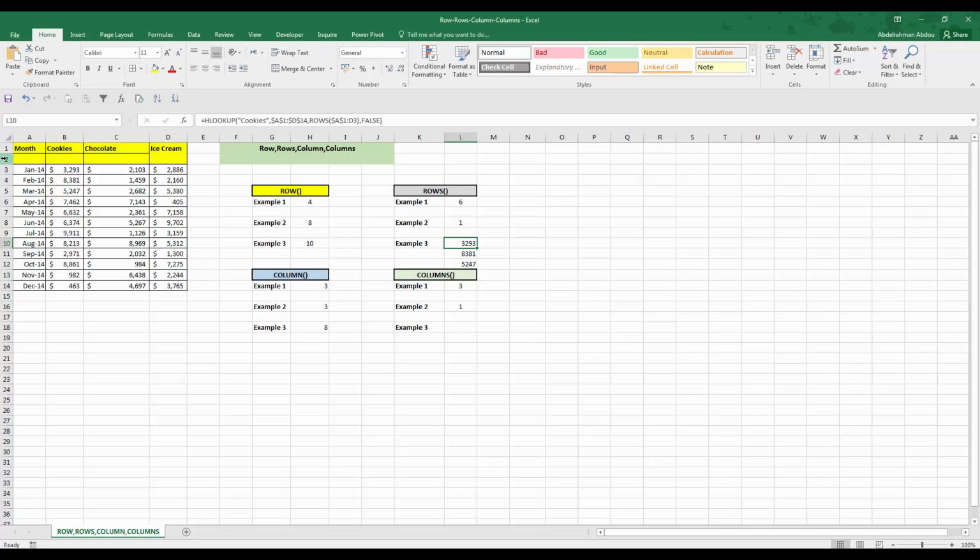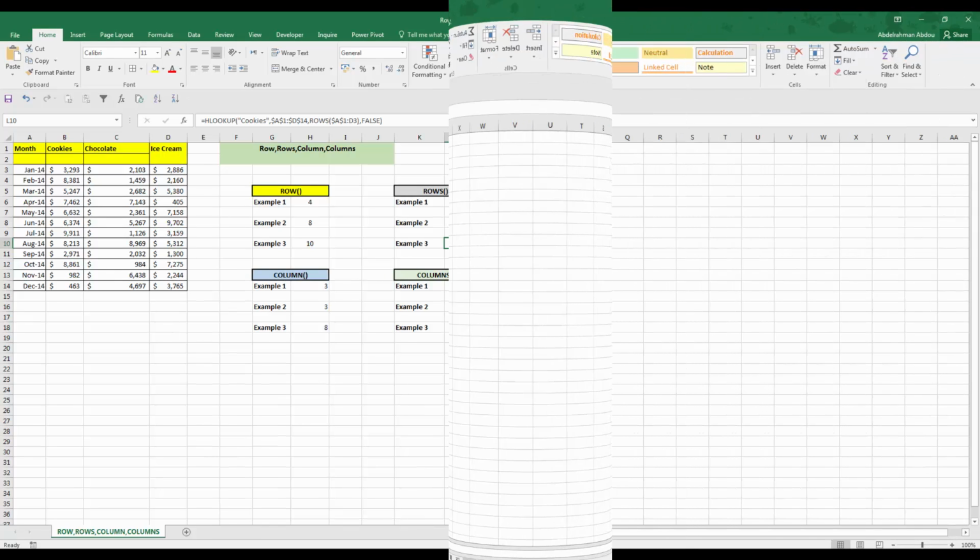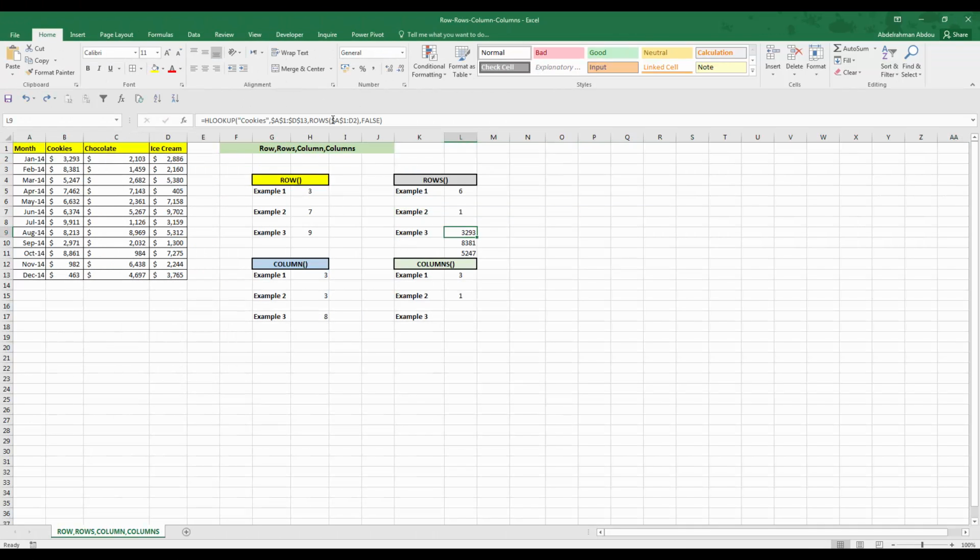Okay? So if someone inserts a new row, someone makes any changes here to the structure of your spreadsheet, the ROWS function will cope with it. Okay? And you won't need to adjust the formula or anything. And this is why writing or using the ROWS function here in the row index number is better than using